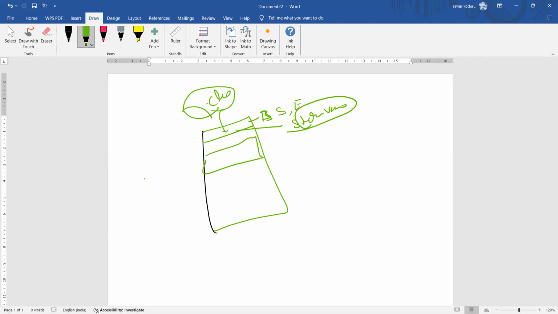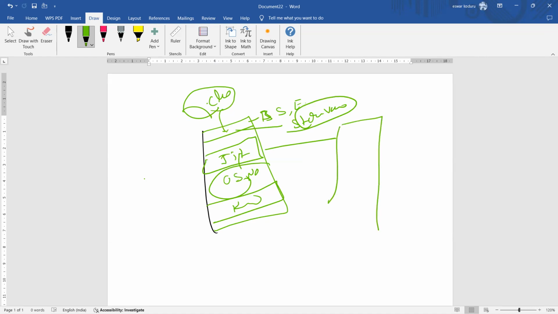And after that, it has a JIT, just-in-time compiler. It's an OS native code. That is an OS code. And JIT has different types of registers. This is a JVM. One is the heap area, method area, stack area, register area, and